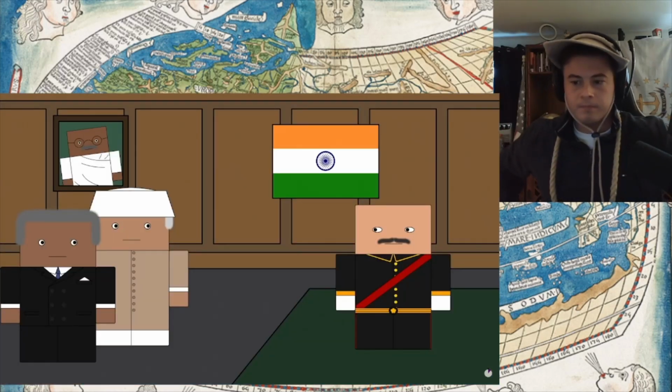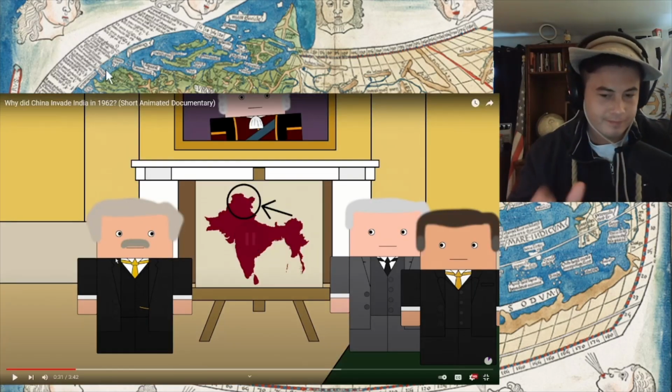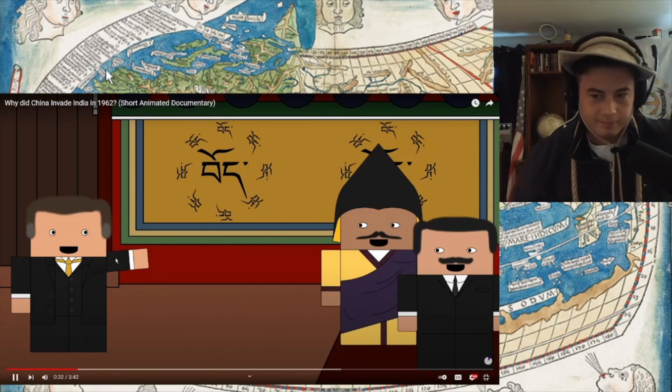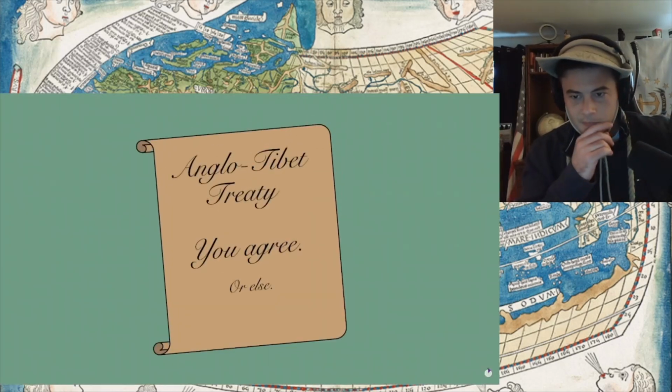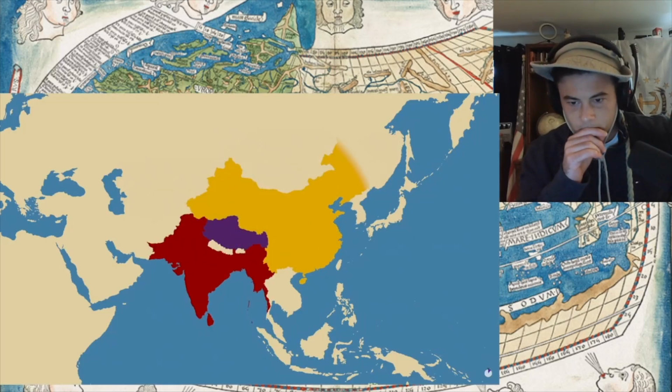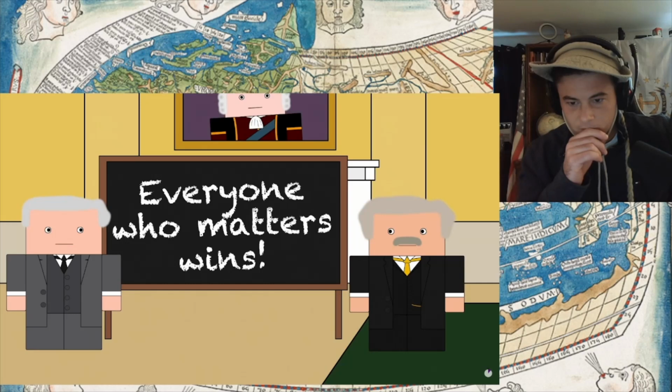As of the 1960s, the Indian-Chinese border looked like this and was the result of careful consideration between the two peoples, and of course it wasn't. The border had been drafted by Britain in the early 20th century in an agreement with Tibetan China. And by agreement, I mean diktat, in which Britain declared the border between India and China to be this and that Tibet was now a Chinese puppet state. The Chinese refused to accept this, mostly because they hadn't been invited to the conference, but the British didn't care and considered it to be a done deal.